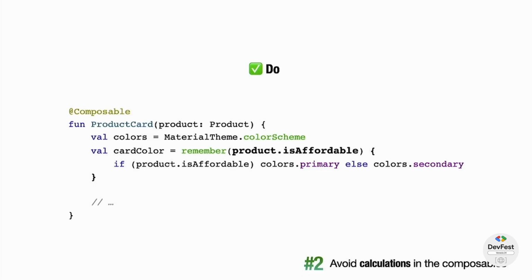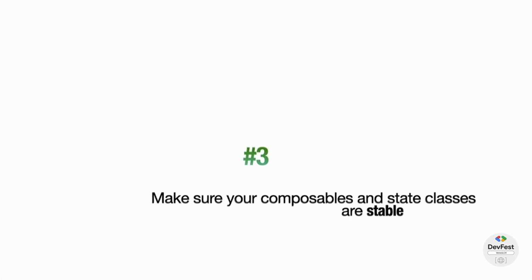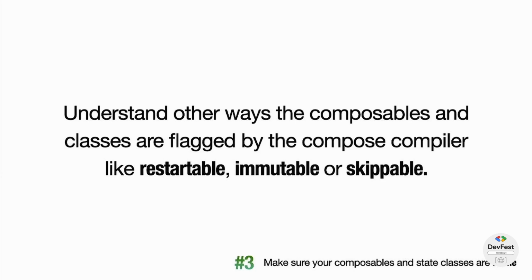And yeah, the key, I mentioned that. Third tip, make sure your composables and state classes are stable, right? So we don't need to give any examples here. We already talked about this. But I want to suggest you understand the other ways composables and classes are flagged by the compose compiler, like restartable, immutable, or skippable. It's very important that you go to the documentation and read and know what every one of these things